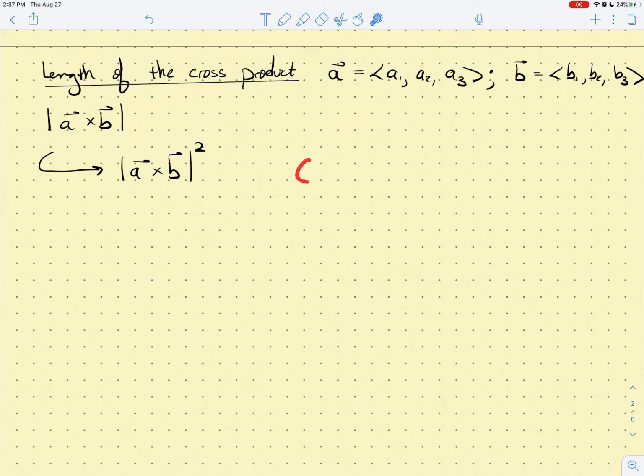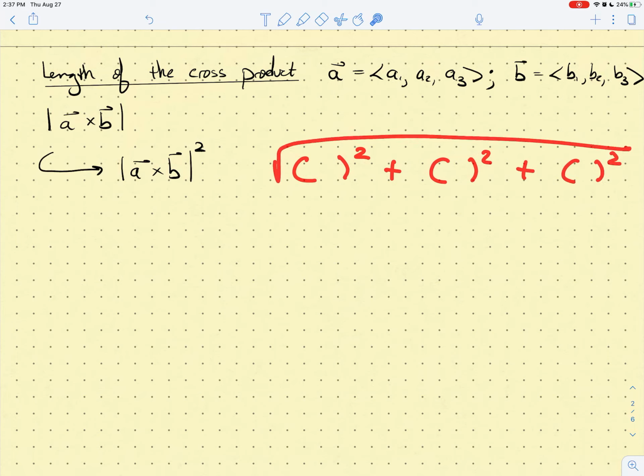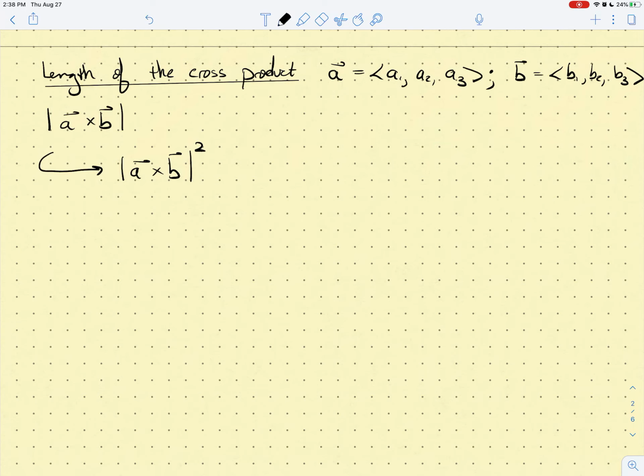So it's each component of the cross product squared, component squared, plus component squared, plus component squared, and then usually you'd have a square root, but we get rid of the square root because of this square. And so the point is, when you compute this, you end up with the following. Remember this length is going to kick out a scalar, so this is a scalar now. I have the first component, A2B3 minus A3B2 squared, plus the second component, and there's a negative there, but the negative goes away, so I'm going to write this as